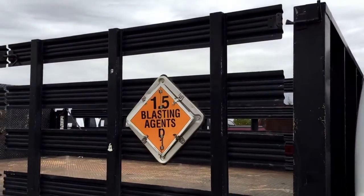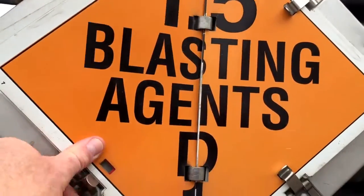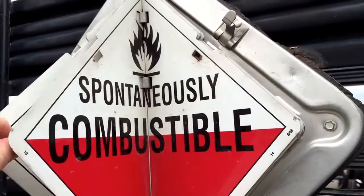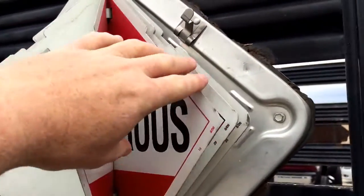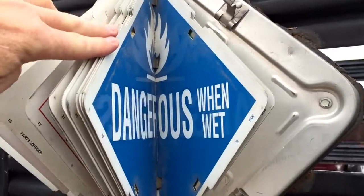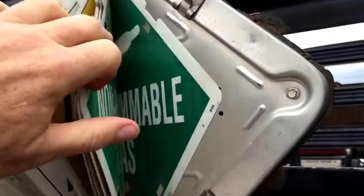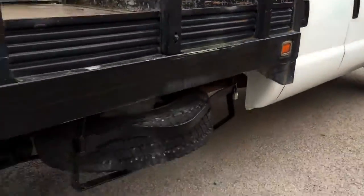If you want to blow stuff up, we've got signs on it for you. You can blow stuff up, or you can burn stuff. I'm not really sure what else we got going on here. Oh, if you want to spontaneously combust, you can do that. This is a zebra sign. Danger. That's my middle name. Ooh, that doesn't look so good. Poison, inhalation hazard. This thing is oxidizer. Dangerous when wet, so am I. Corrosive. I want to get in that. Non-flammable gas. That's probably the one you want on there the most when you're moving stuff like that. All right. Anyway,